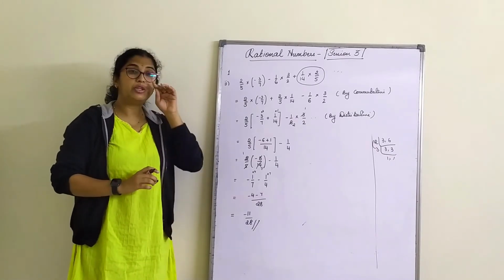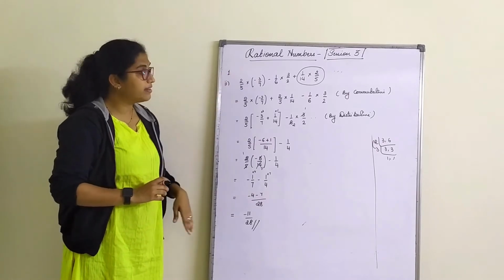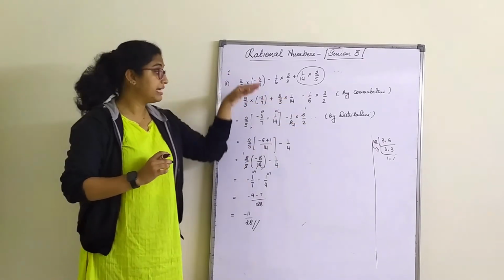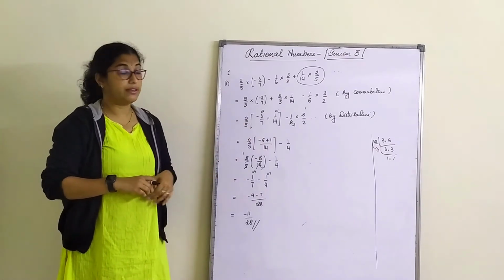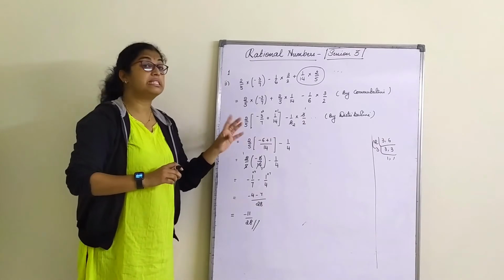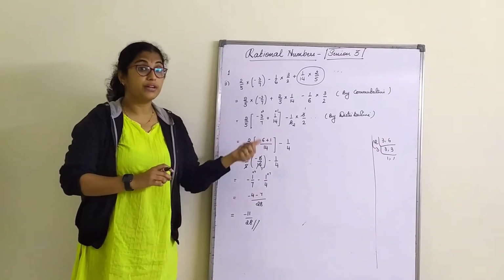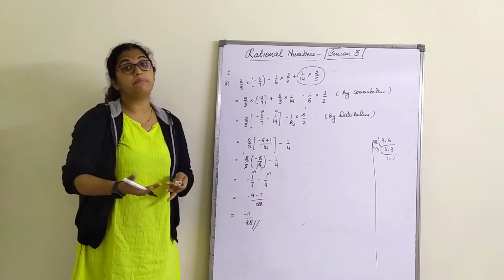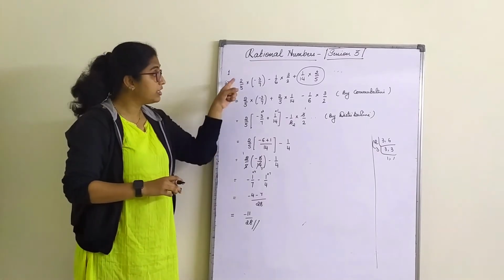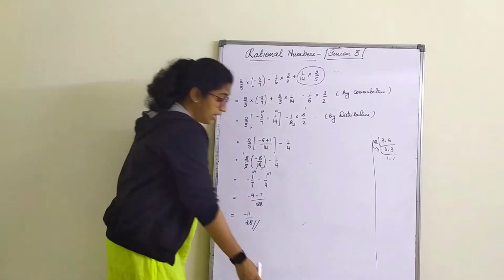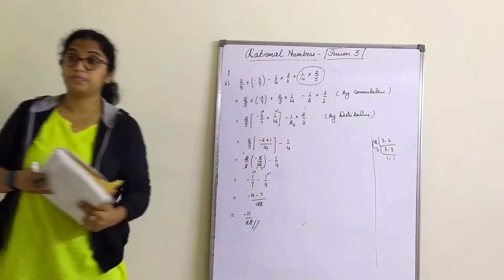Again I am repeating, you can solve this in a simpler manner, but we have to use properties and solve. That is why we have done it this manner. So copy down these two sums. Your homework is, there are two similar sums in the worked examples which you have to solve. Look into the pages where worked examples on similar properties are there and solve them. Now let's start with the next sum.